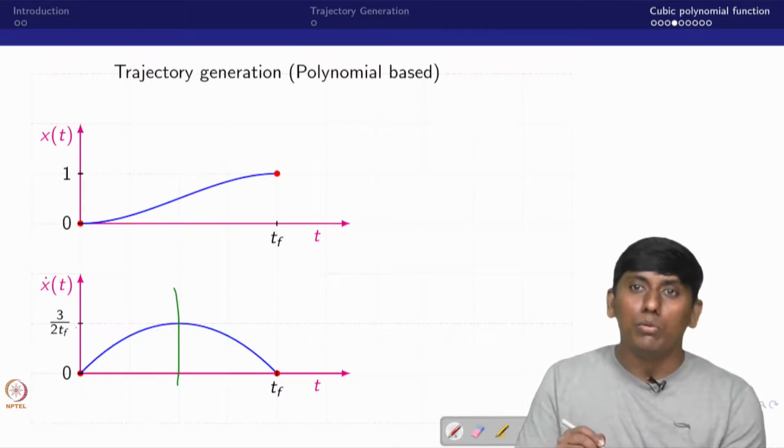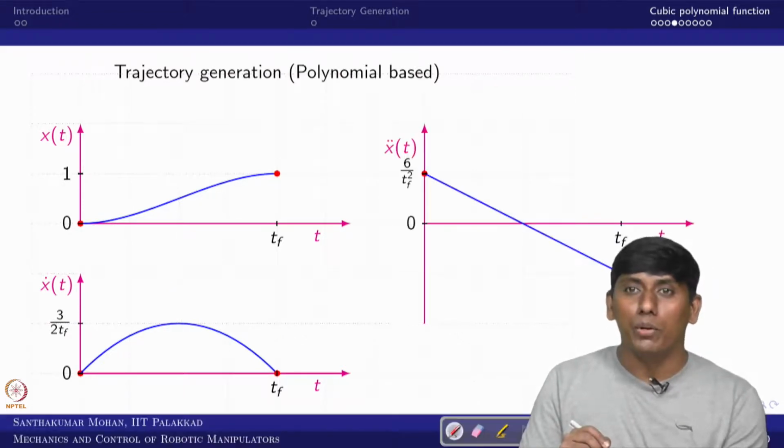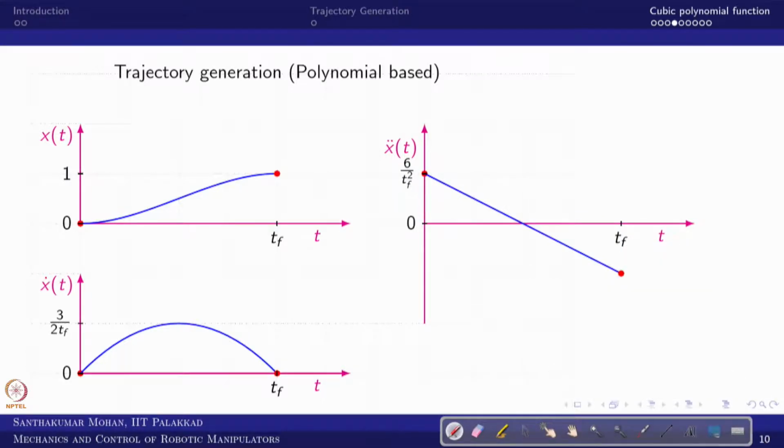Now in the same way you go to acceleration. You will feel it is a little strange because the acceleration will start from a non-zero value and similarly end with a non-zero value. Now we assume that this is 1. Based on that you can see that the acceleration is non-zero in the initial phase and non-zero at the final, and 0 acceleration at the middle point. Here at the middle point, this curve makes another parabola. It is a positive parabola and this is a negative parabola kind of thing that is generated.